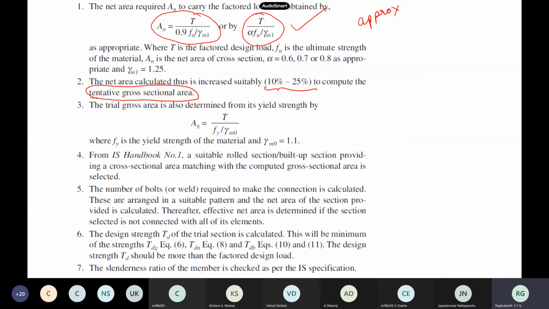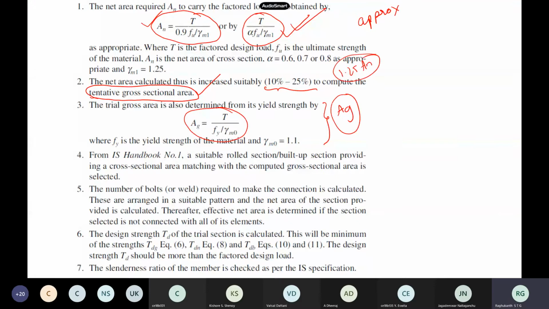So in the design, we do some preliminary calculation. The load is given, the bolts are given, and others are there. You find out net area from this expression for ordinary sections. But if one leg is connected and the other is not, then you should use this formula, and then you increase by 10 to 25%. So you get an approximate gross sectional area. And then we have another criterion, that is by yielding. So this also you get some gross area. So this AG, from AN increased by 25%, that is 1.25 times AN, you compute actually.